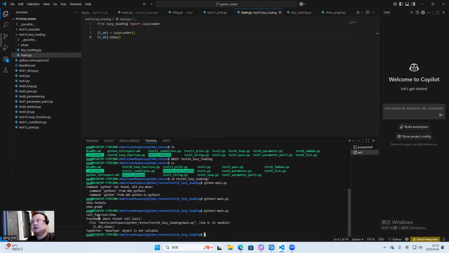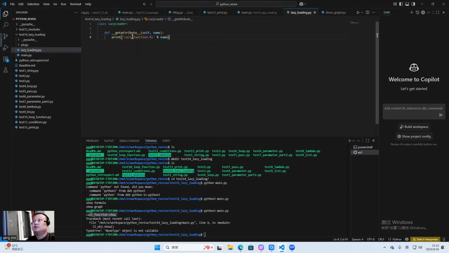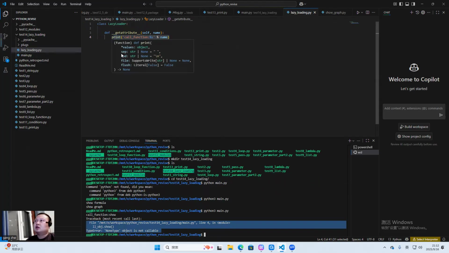Here we can see it prints the line, the load line. It prints this line, but it does not return a callable function. So here we can